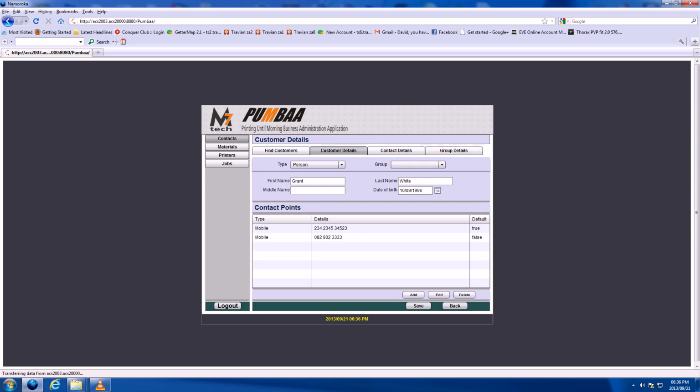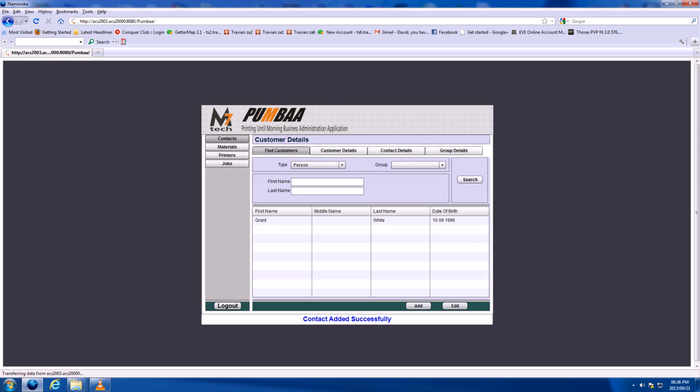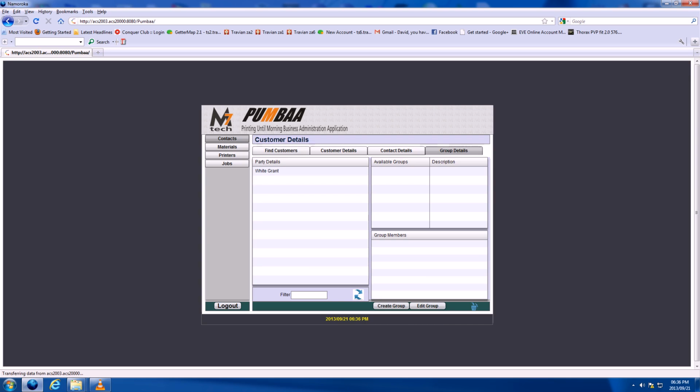Once we have captured these basic details about the person, we can select the Save button at the bottom of the screen, and there we can see in the Find Customers, Grant White has already shown up. Next, I would like to take a look at the group details. At the moment we have no groups defined. To add a new group,